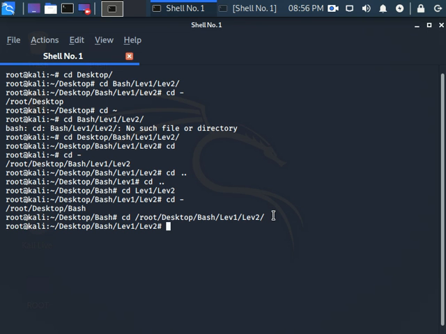Okay, now it's the same. We are going to go to the level 2 folder. This is everything for